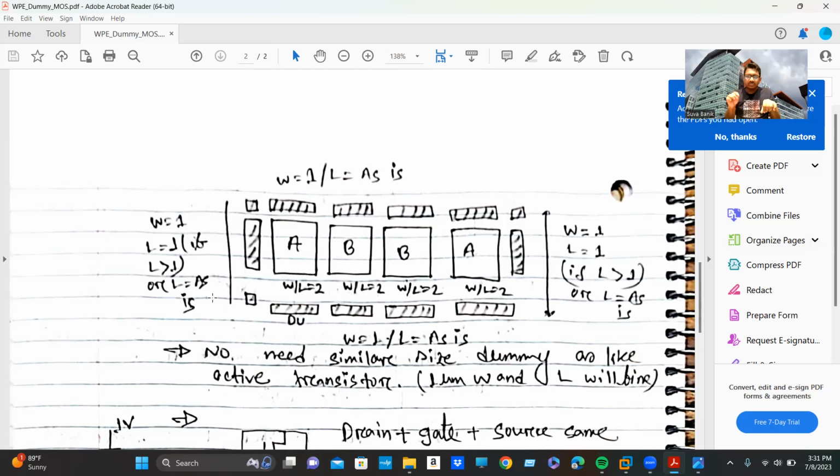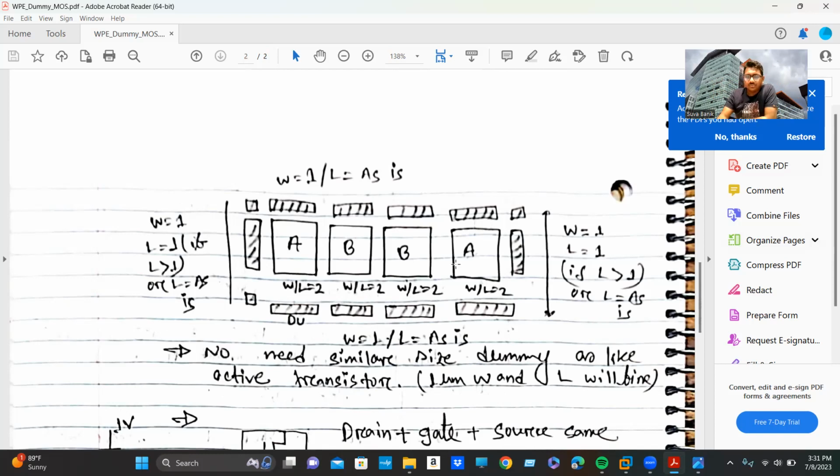Then in every case, if you are using a similar size transistor as the active, then definitely it will increase your area. Okay, so the research says we do not need the similar size transistor, and the industry standard is